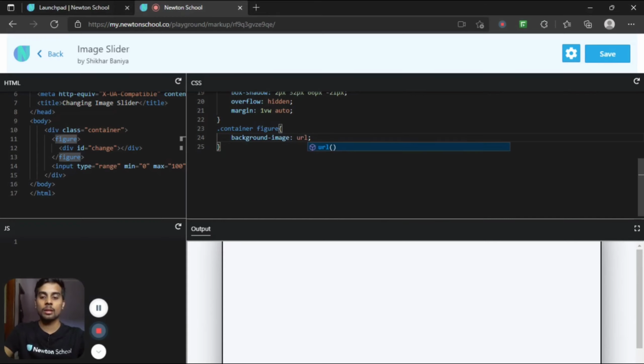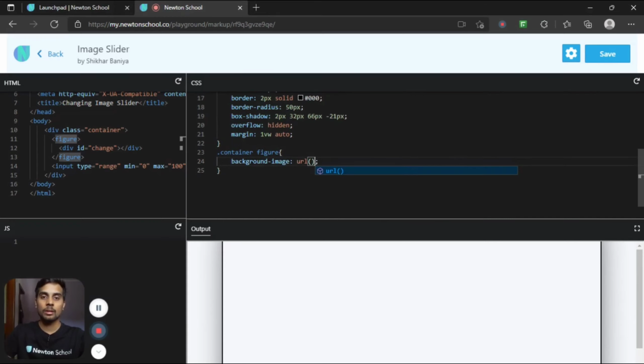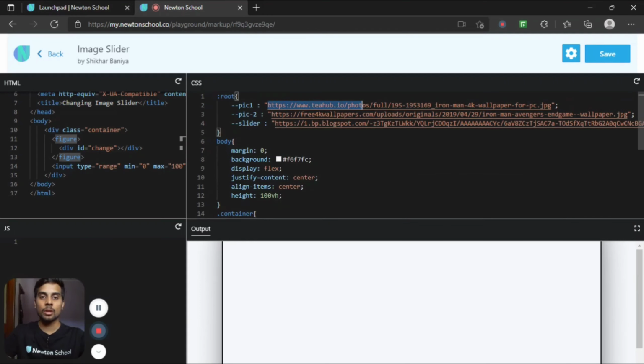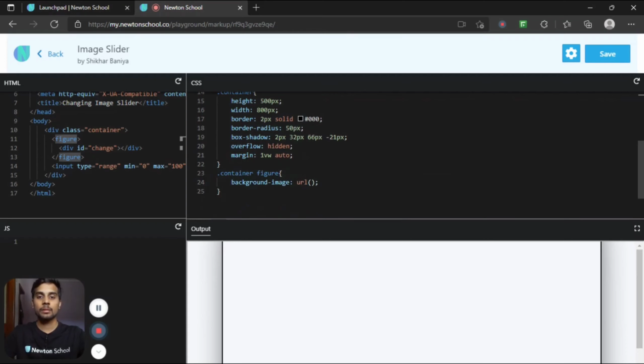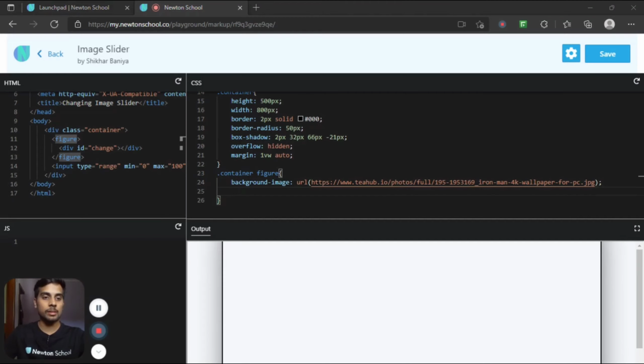Here we have the URL of the first image, so let's copy this, paste it here. Let me set the width and height so that you can see the image. So width will be 100%, height let's say 500 pixel.